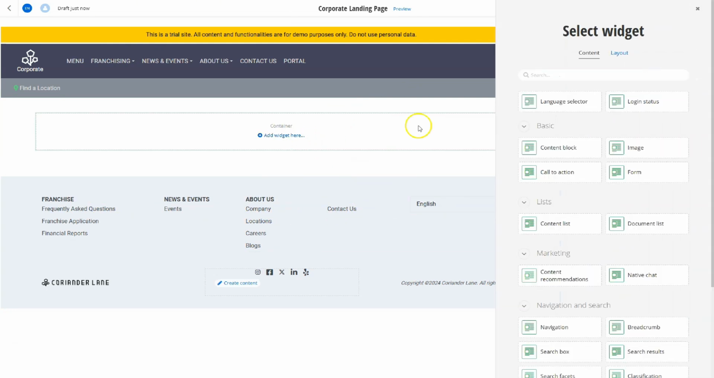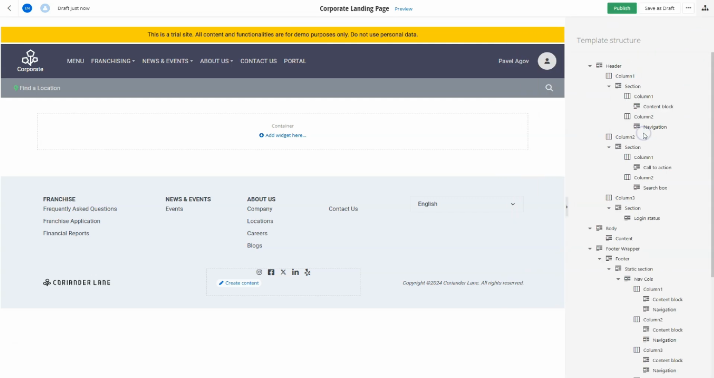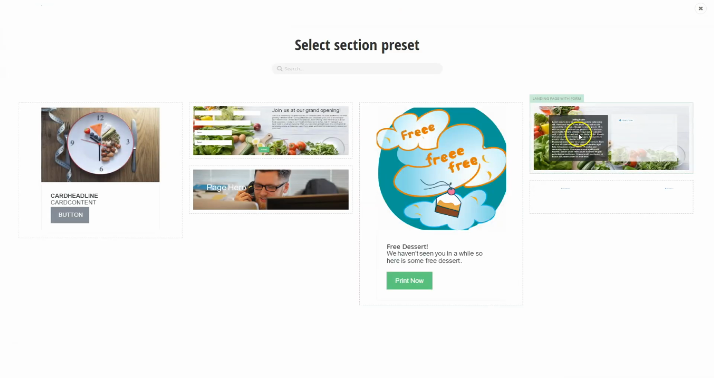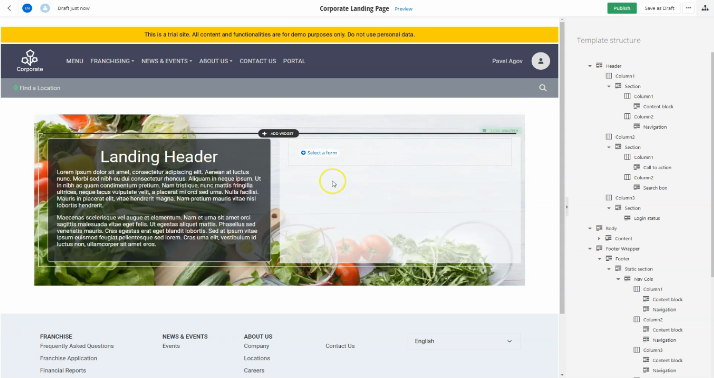Finally, the intuitive editing interface mirrors the live environment as you work, offering a transparent and error-free design process. What you create in the editor is exactly what your audience will see, making each adjustment a